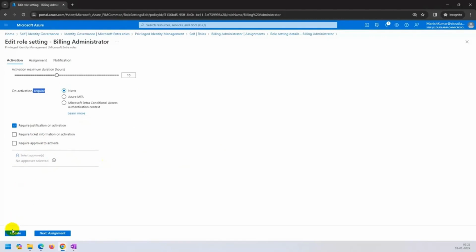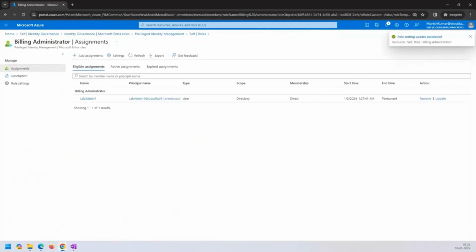So just click on update and wait for the implementation. Now the role setting has been updated. So till now what we have done, we have done enable of PIM, we have made lab admin 1, which is our admin, a billing administrator, but we have provided the eligibility. Now see, if lab admin 1 is going to log in, then how it will look from his point of